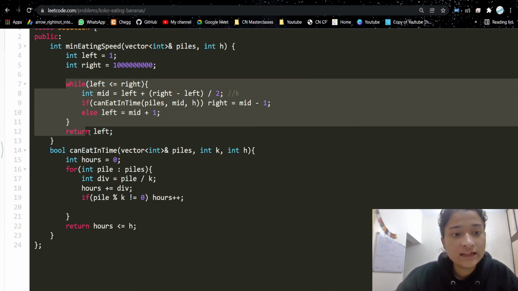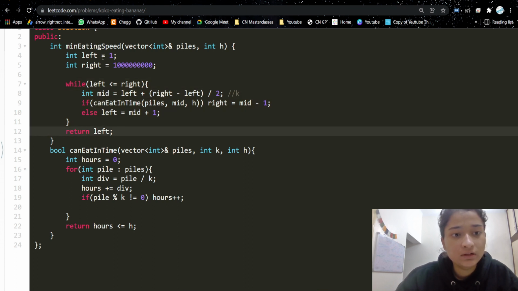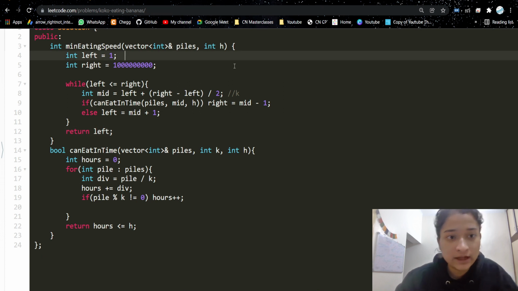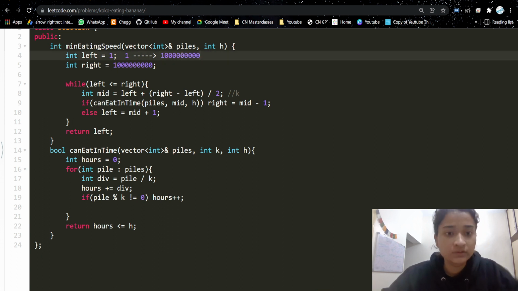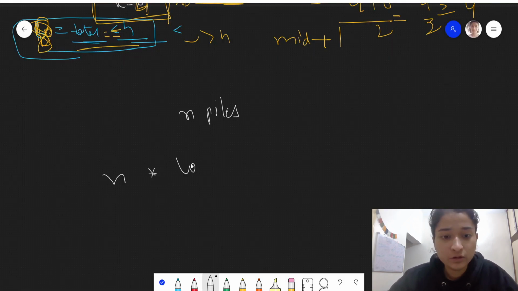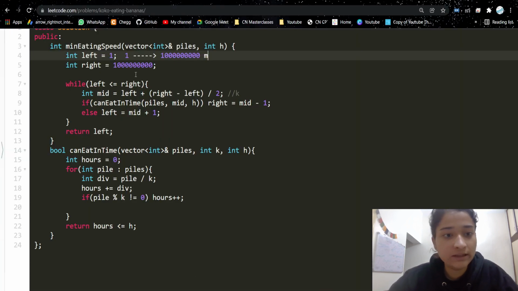So this is a k range, like we are assuming that our k value can be from 1 till this value. So let's say these are m count, so it will be log of m. Why log? Because every time we are either going to left side or we're going to right side, right? Left or right.